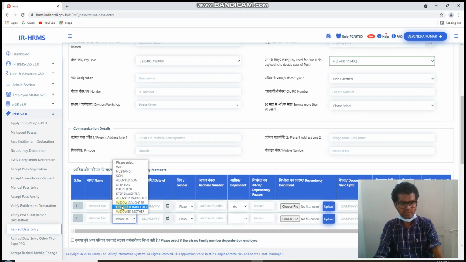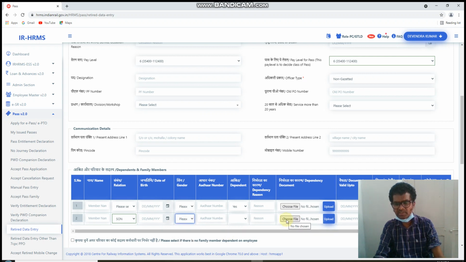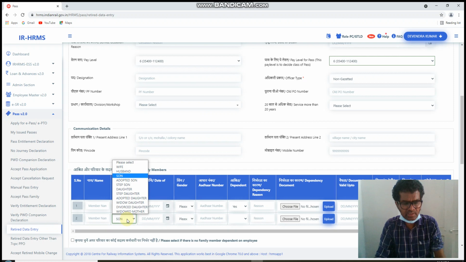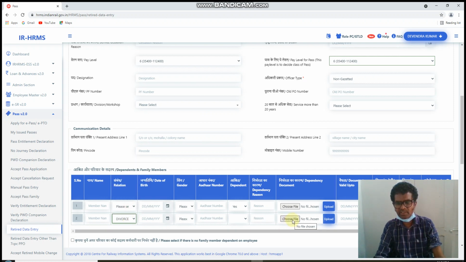Then widow daughter, divorced daughter or widow mother, something it will come, son, date of birth, gender, and mandatory field is here, unmarried son. For an unmarried daughter you have to upload an unemployment certificate, unmarried certificate, and income certificate, that you have to upload here.